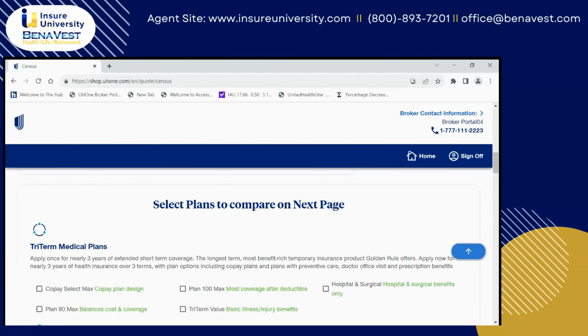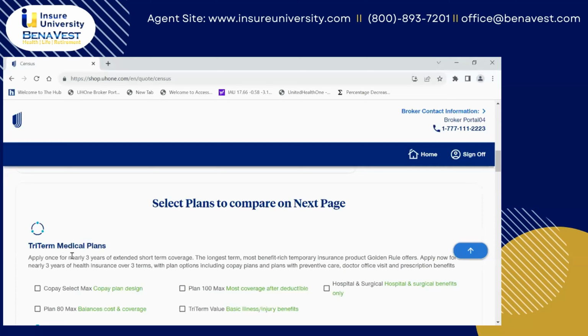Our best option for you is going to be the TriTerm Medical. This is a 3-year plan that is a great alternative to ACA, right? I always say this, ACA, just to keep it simple, it's intended for the sick and heavily subsidized, right? Sick and subsidized is how I keep ACA simple. And if somebody is not sick, they're healthy, somewhat healthy, and they're not getting a premium subsidy, or maybe the premium subsidy is very minimal, they may come to you and say that they are looking for something that is a lower cost alternative. And this can be a great option